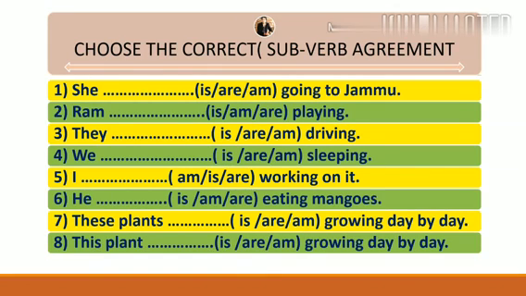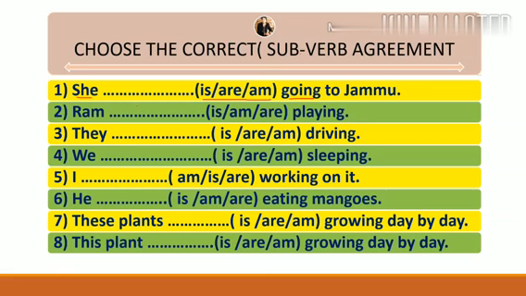Now students, come to the evaluation part. Let us discuss some examples so that you can understand it. There is a sentence written; choose the correct subject verb agreement, which we have called in the learning outcome the SV relationship. So you can make use of the method of present continuous tense. The subject is already written there. Going means verb plus ing is already there. That means what is missing? The missing part is something like this.